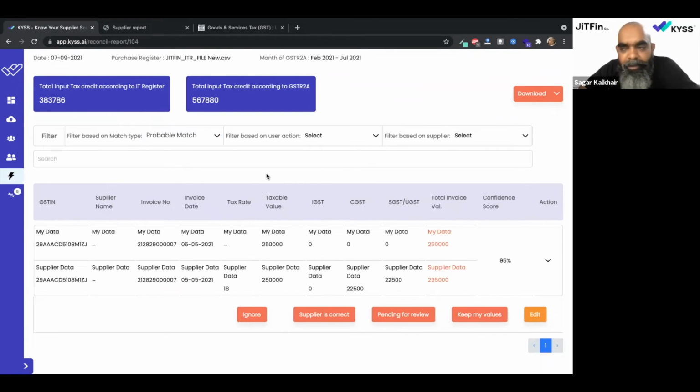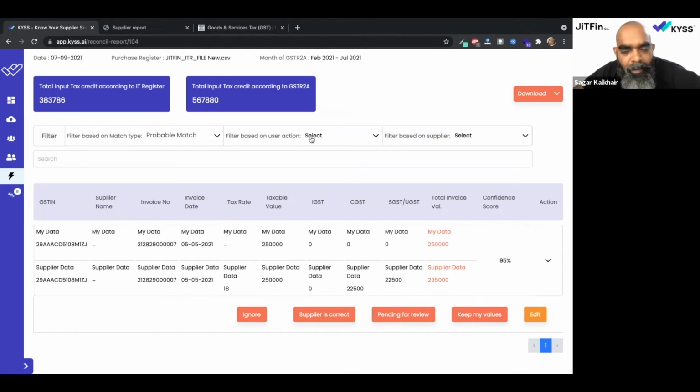Now, like I'd mentioned, we wanted the flow of the product experience to be as straightforward and simple as possible. So pending for review is one of those cases where you're not going to look at each of these and then talk to somebody, find out what the issues are and come back and solve it here, right? Usually the case would be where you've identified 10 or 20 different problems in one shot, and then you go look for a solution, come back and update that here, right? That's the usual tendency of the way things work, and that is what you are trying to replicate here as well.